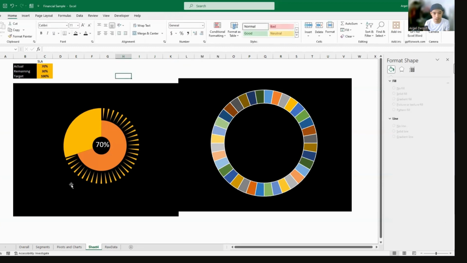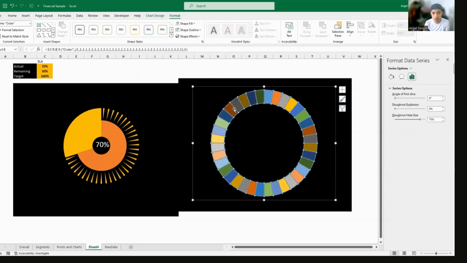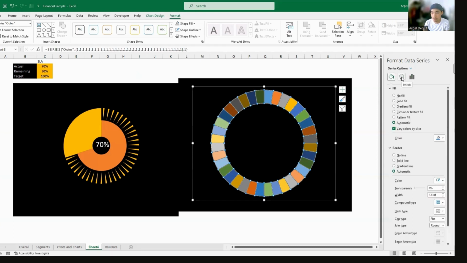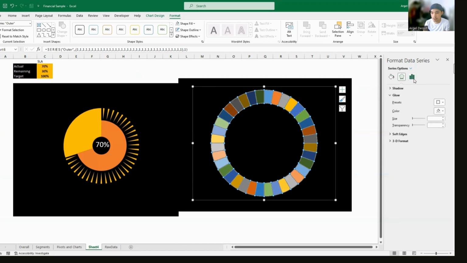Now let's replicate the colors. So make sure that you click on any of the sides here. You'll notice that you have some options here. There are three series options that you will see: the colors or the fill, the properties, and the series options. Go to series options. Let's adjust the sizes of our donut.